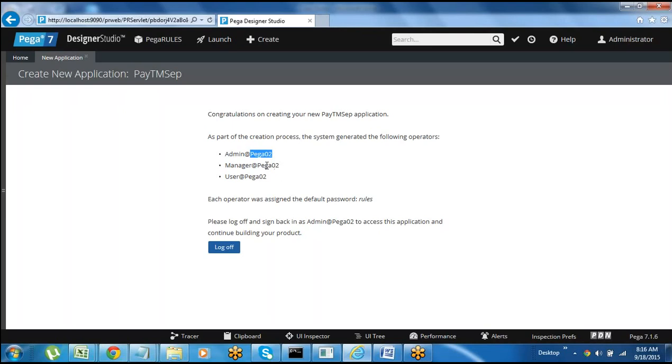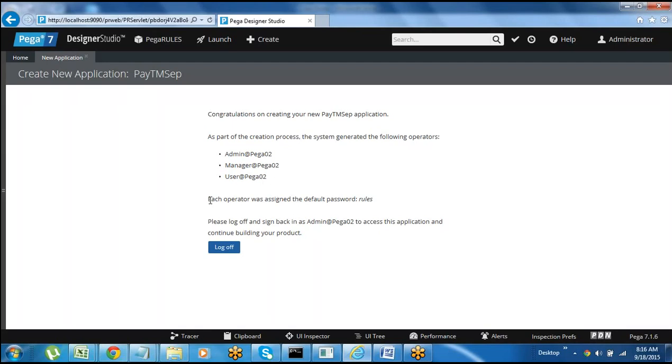Once generated, to save this page, just take a screenshot or copy it, because in the future if you forget the ID, you must have some reference. These are the user IDs you will be using for logging in to the application: admin at the rate Pega02, manager at the rate Pega02, user at the rate Pega02.